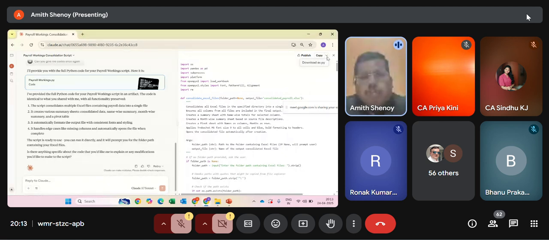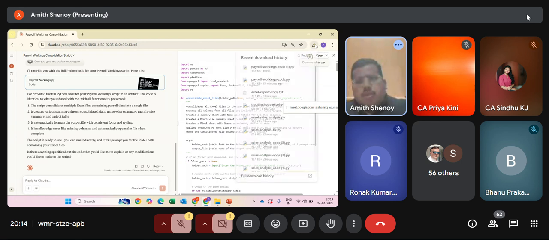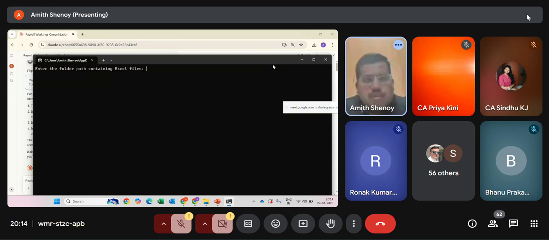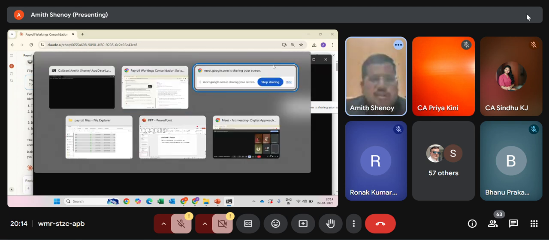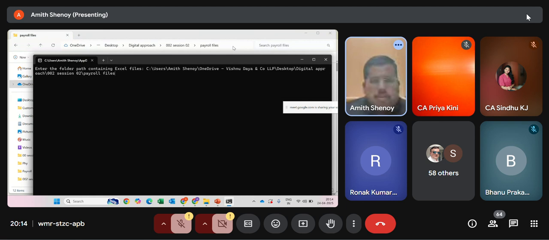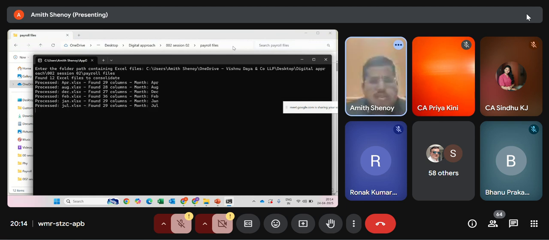The requisite prompt was just a basic prompt telling that this is our payroll, and we want this kind of features. So this is the existing prompt. This I will download. Once you download, just go there. Then, if your prompt is proper, it will say paste your path. So our path is here. I will paste my path.